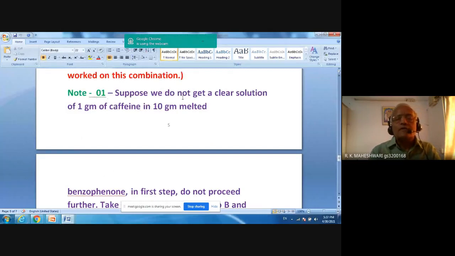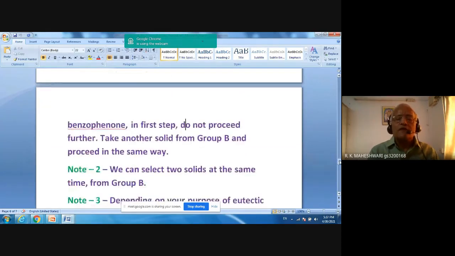Okay, note one. Suppose we do not get a clear solution of 1 gram of caffeine in 10 gram melted benzophenone. So what you have to do, you have to stop this process. In the first step, do not proceed further. Take another solid from group B and proceed in the same way. Means in place of caffeine, you may select salicylic acid, ibuprofen, or any other compound from group B. And again, you will repeat that in the same way. So when you get a clear colorless liquid at room temperature, means in that particular ratio you can make